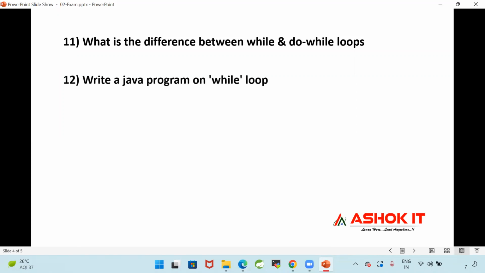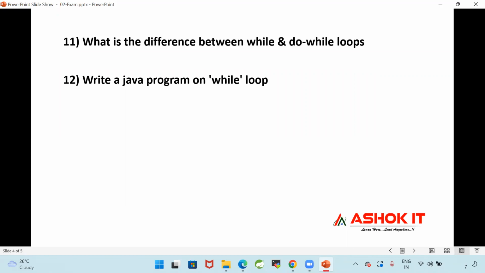Next, write a program on while loop. You can write any program on while loop. For all the loops, don't write printing 1 to 10. Don't write the program always 1 to 10.